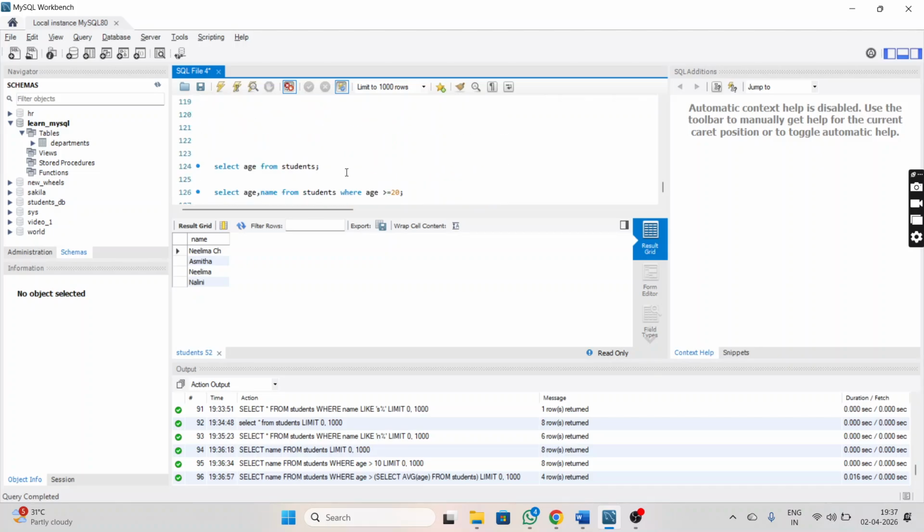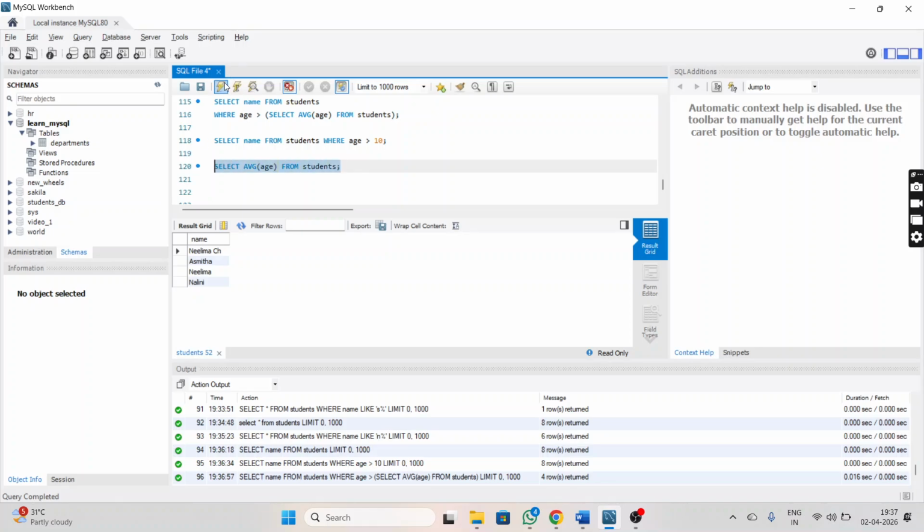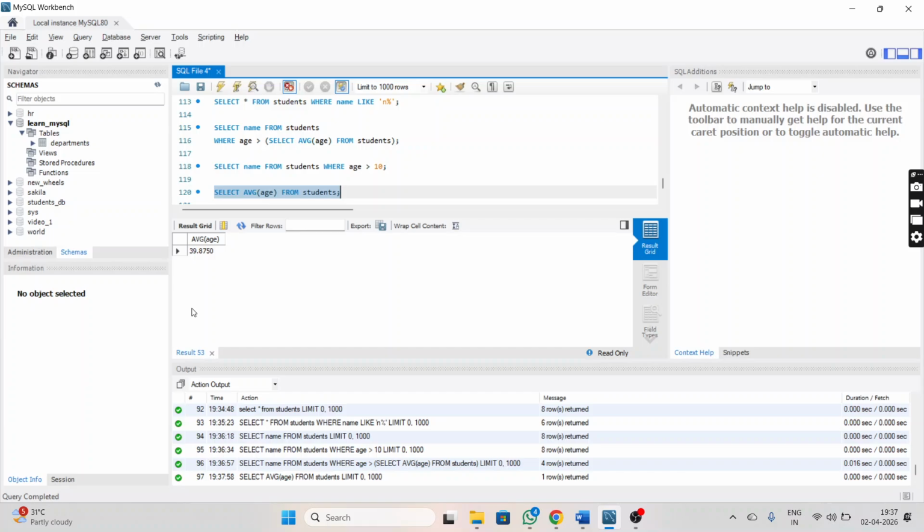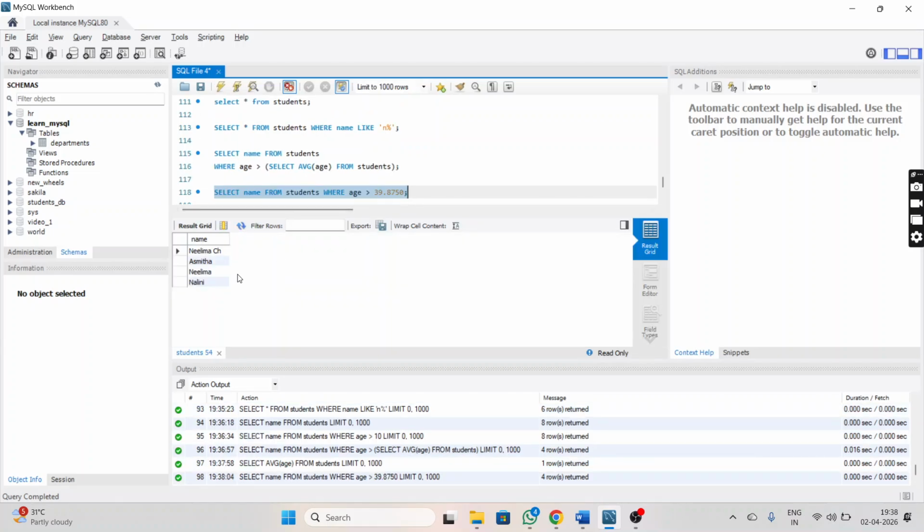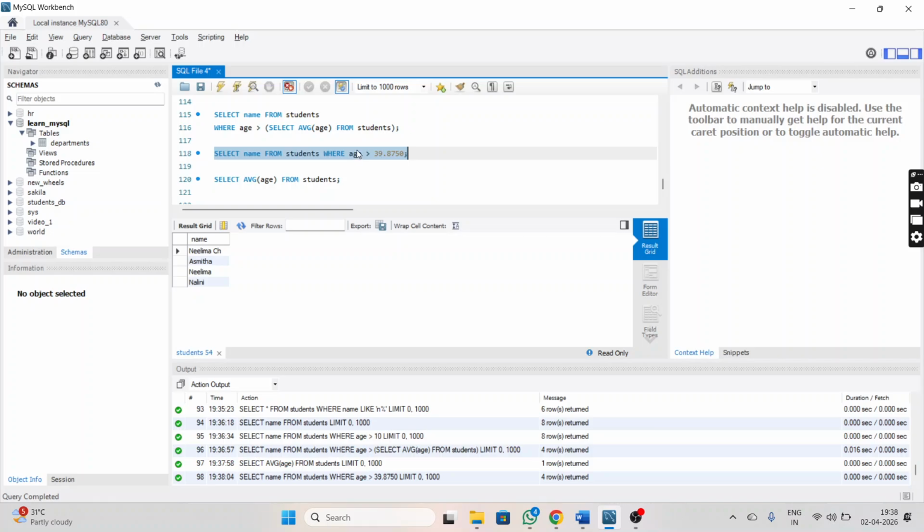This is how we get the average age, right? One way of doing it is getting the average age here, copying it and pasting it, and then executing it. But in programming, this is not the right way to do. Every time we can't do this and we can't change it, right? Instead of